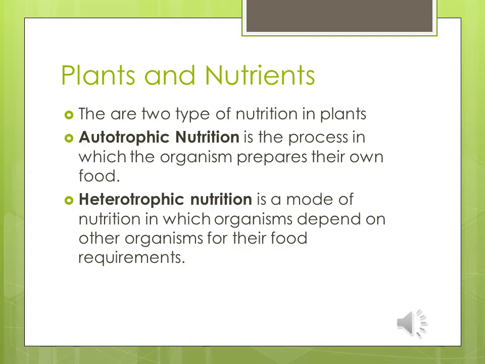There are two main types of plant nutrition: autotrophic nutrition and heterotrophic nutrition. In autotrophic nutrition, auto means self and trophic means food. The process in which organisms prepare their own food is called autotrophic nutrition. Autotrophic nutrition means that simple inorganic substances are taken in and used to synthesize organic molecules. Energy is required to achieve this, to do work.